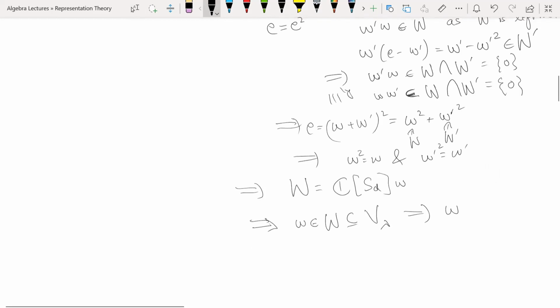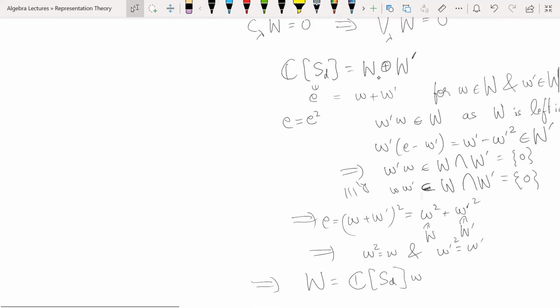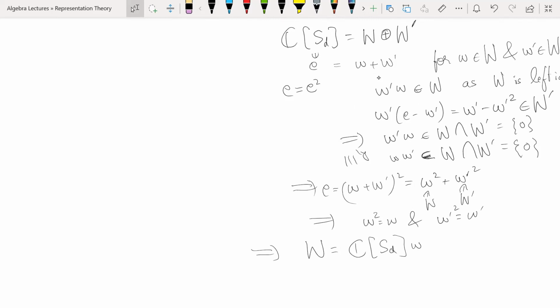So the point is, if W was non-zero, then W squared is in V lambda times W, because W is in W and W is in V lambda. So since W belongs to V lambda,